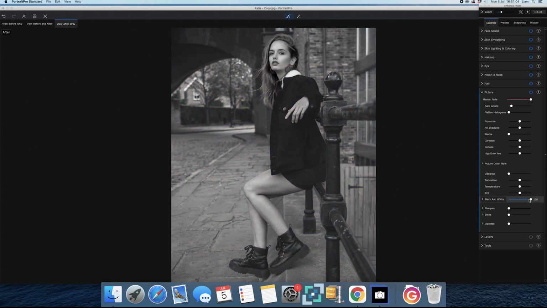It's actually not a bad picture in the black and white. So yeah, so this changes the whole image itself. So if you need to make changes, you have the picture mode. So